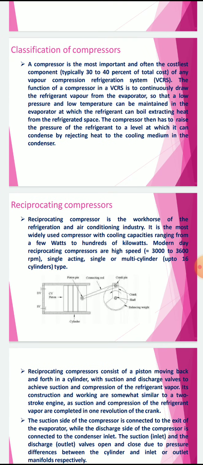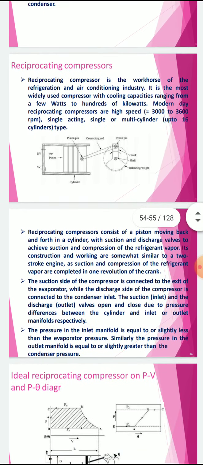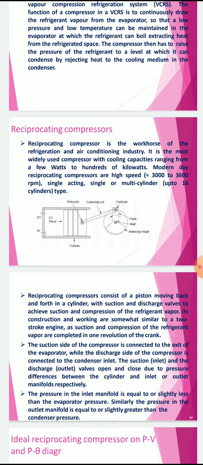The types of compressors: reciprocating compressor, and you have other types also. In a reciprocating compressor, a simple reciprocating compressor consists of a cylinder, piston and a connecting rod, crank pin, crankshaft and a balancing weight. These are the simple components of a reciprocating compressor. You have inlet valve, supply valve or discharge valve or outlet valve, through which the gas or the vapor enters through the inlet valve, and then the piston moves up. After compression, it moves through the discharge valve or the outlet valve.